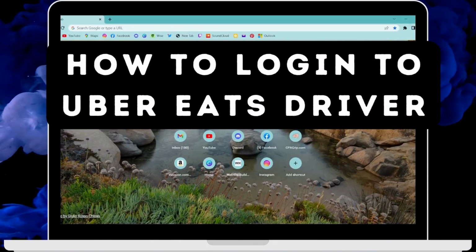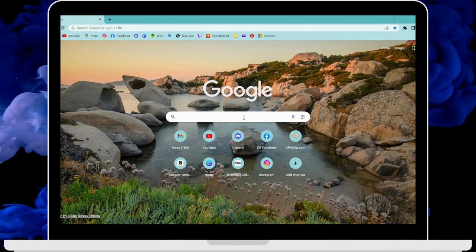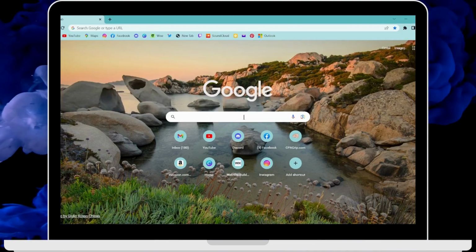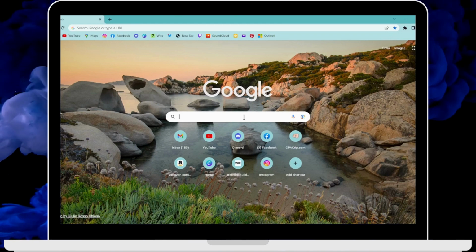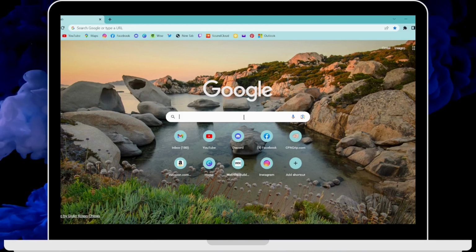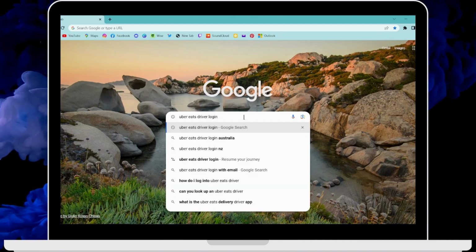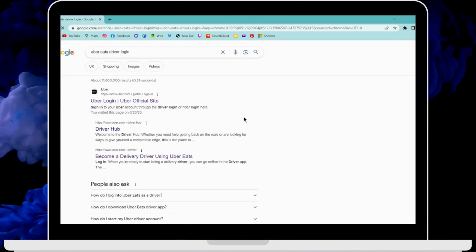How to log in to Uber Eats driver account. So if you want to log in to Uber Eats driver account, then first of all open up a browser, any browser that you are comfortable with. I'm here with Google Chrome browser, and now in the search bar search for Uber Eats driver login, and then